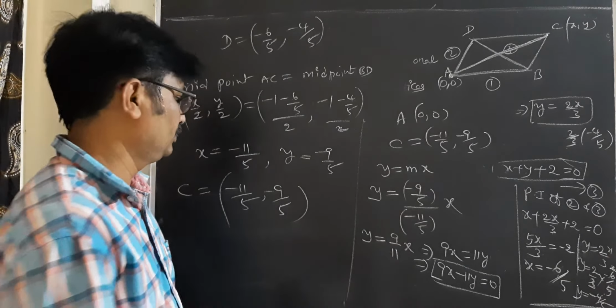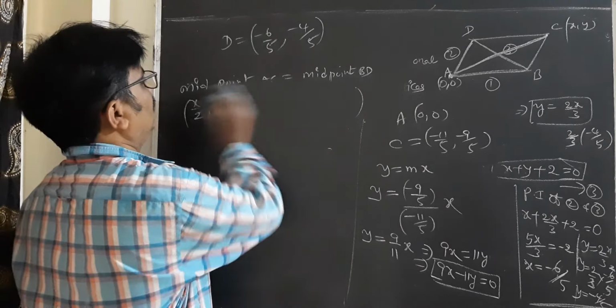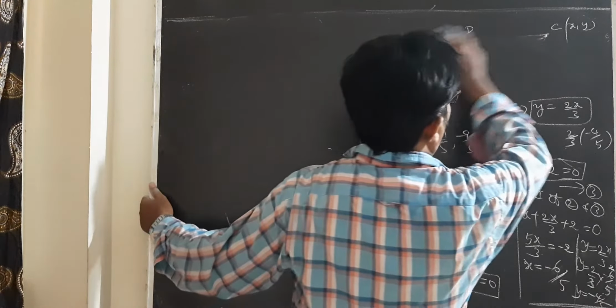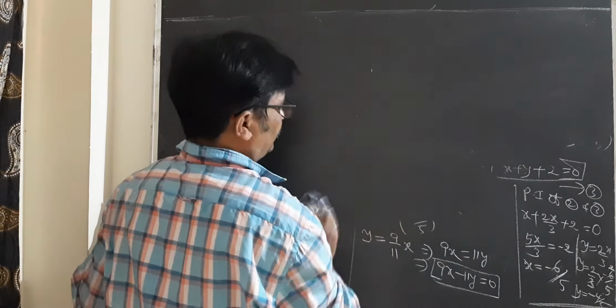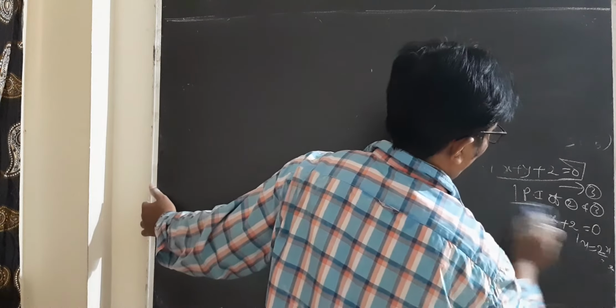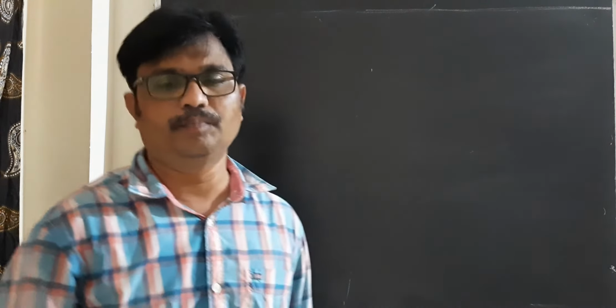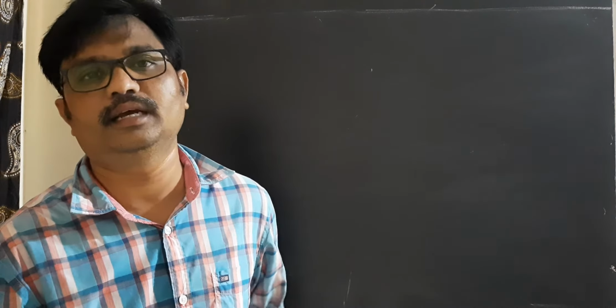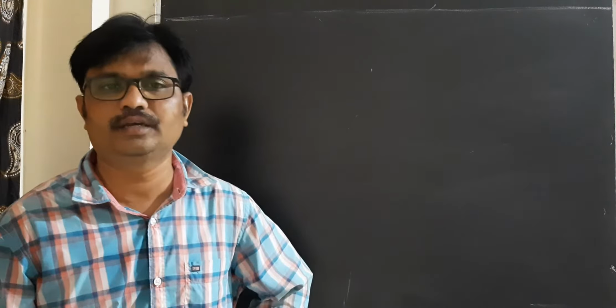Now students, this is the parallelogram, one of the diagonals and the two pair of lines are given which are passing through the origin, but the diagonal is not passing through the origin. We have to find the point of intersection of the pair of lines with the diagonal. We got B and D, except C. After then, diagonals bisect each other. Then we take midpoint of AC equal to midpoint of BD.